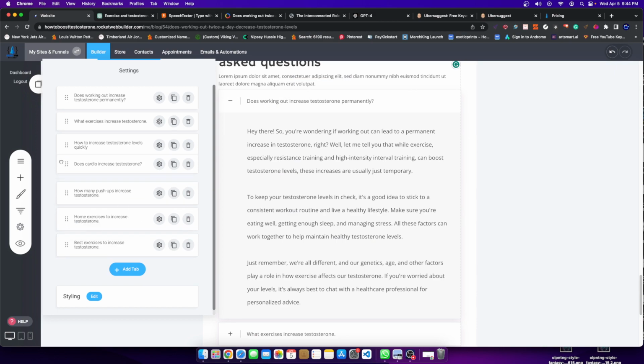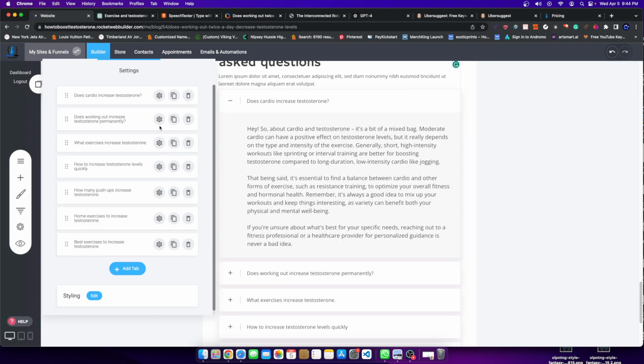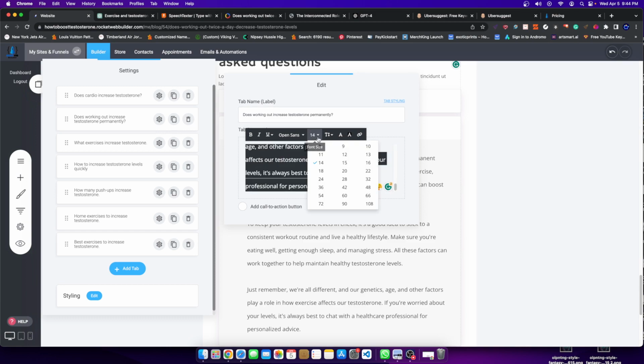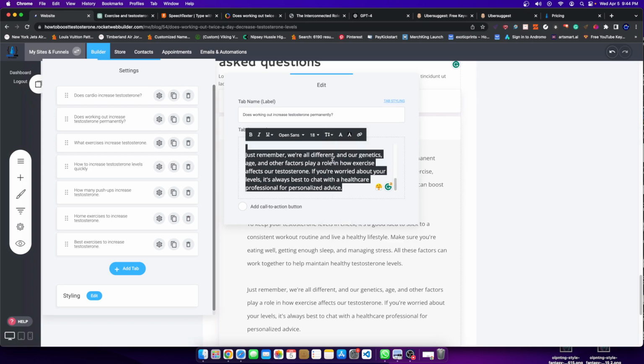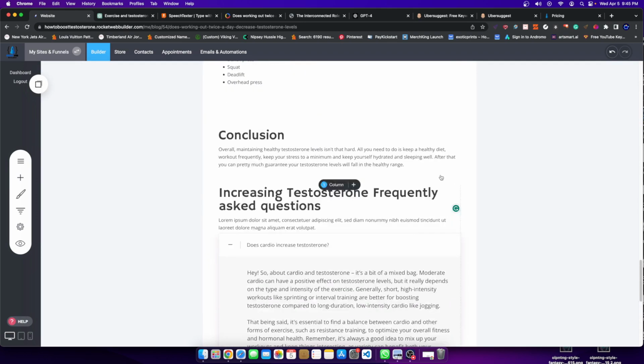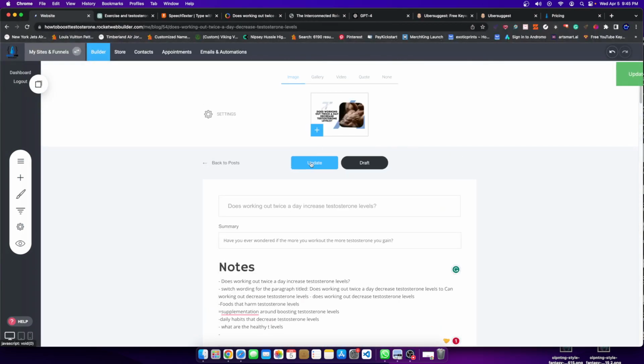But I'm going to drag this upwards here. And I'm going to go over here. And I'm just going to keep the format the same. So 18 size font and line height is going to be 1.0, which I believe I kept at 1.0 line height. Yep. And 18 font. So that's good. So there we go. It's saved. I'm going to hit update.